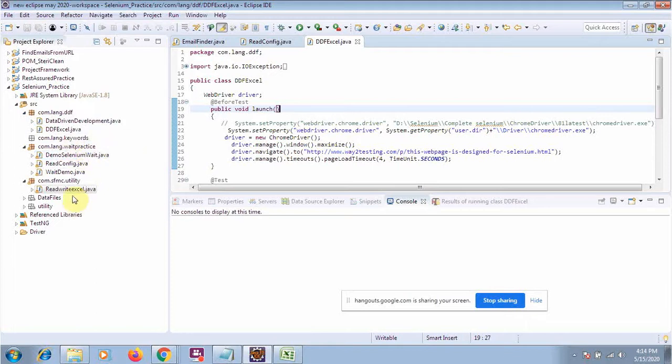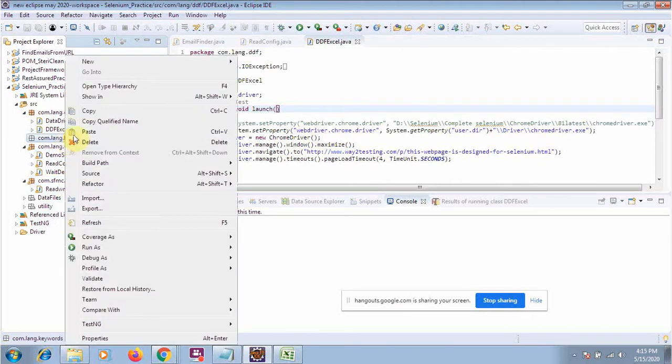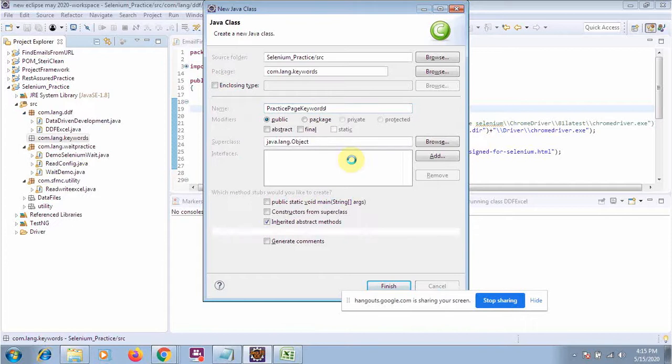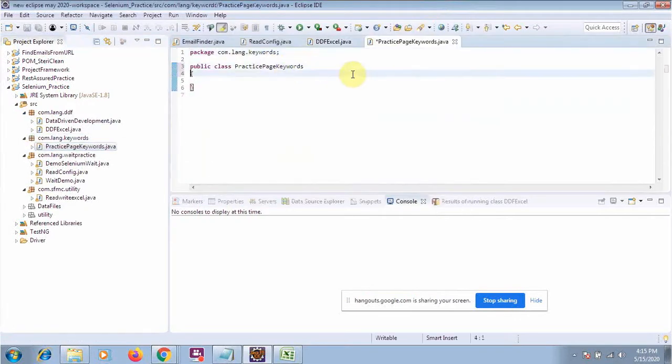Now suppose that I am working on my practice page, so I will name it practice page keywords. Okay, so I have created a class of practice page, and here I will create all the static methods.